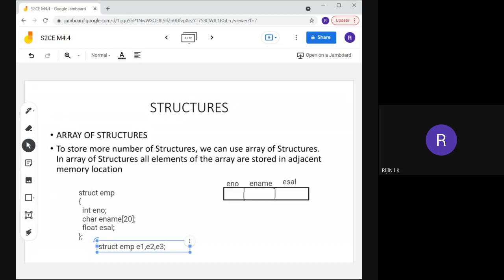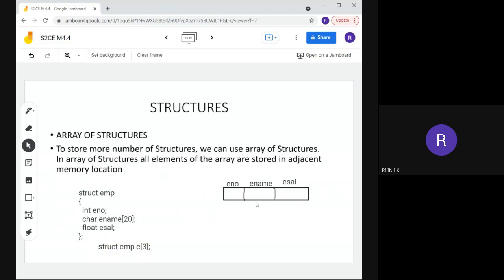Whenever you declare a variable, we just specify the size, that is e of 3. Suppose for understanding purposes, here I am creating 3 records: struct emp e of 3. Then it will create 3 records for this employee data type.